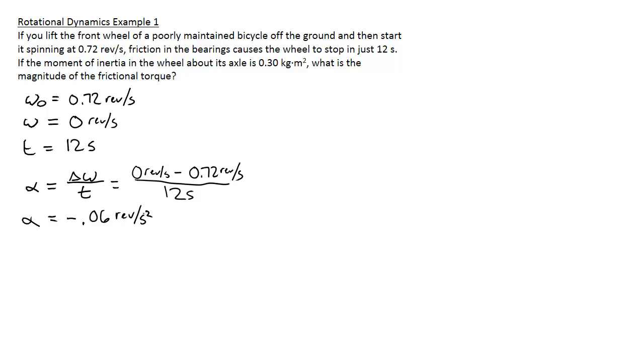Now we're going to figure out the amount of torque that's being applied to this wheel. The way we can do that is we know our angular acceleration equals the net torque divided by the moment of inertia. We know the angular acceleration of this wheel is negative 0.06 revolutions per second squared. We don't know the net torque. We know the moment of inertia is 0.3 kilograms meters squared. So if I multiply both sides by 0.3,